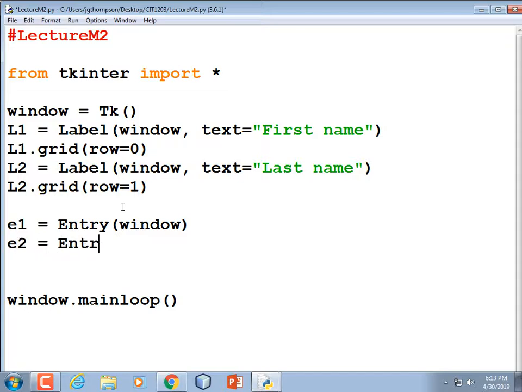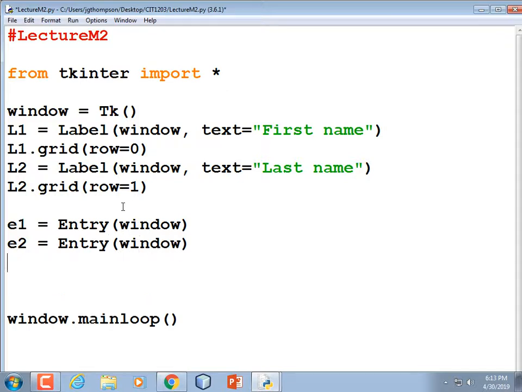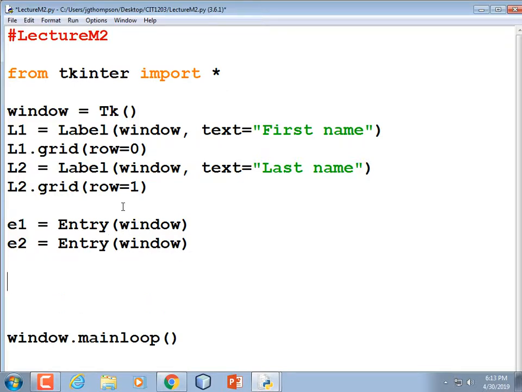E2 is equal to Entry(window). And now we're going to create the button that, when clicked, tells us that we're trying to log in. Oops, we have not assigned these into our grid yet. So E1.grid